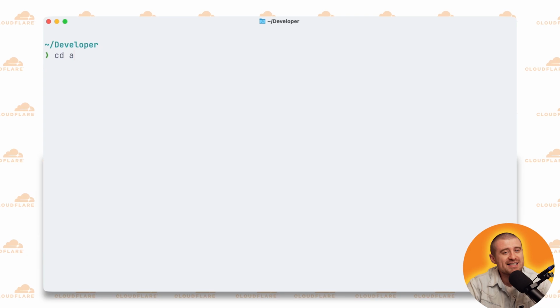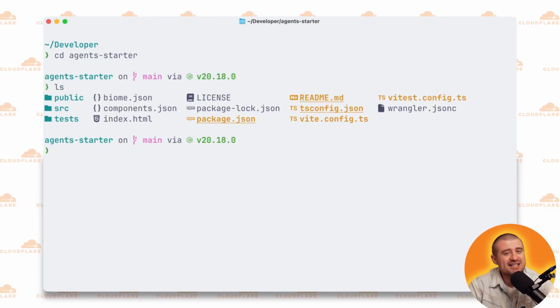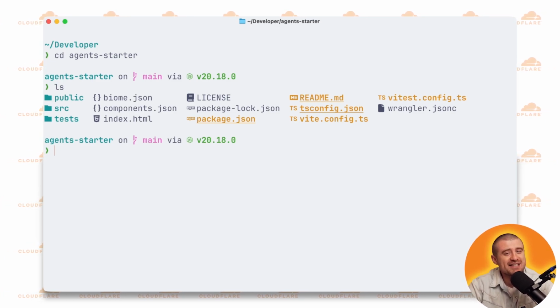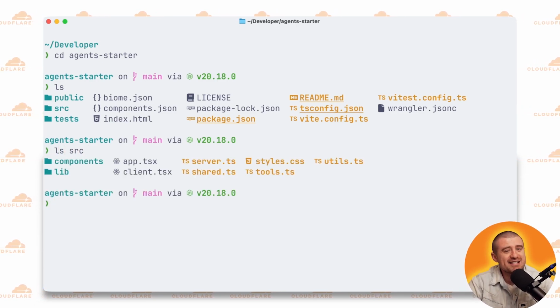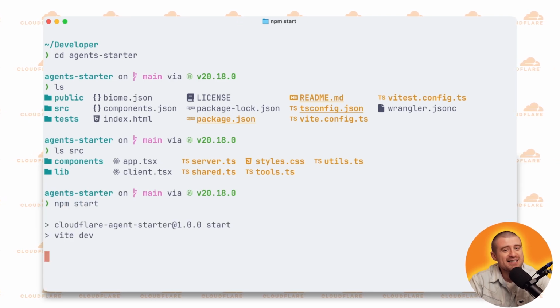Now that we've done that, let's go ahead and look inside of the agents-starter directory. So we have this public folder and index.html, which represent the client-facing front end of this application, as well as the source directory, which if we take a look in here, there's all sorts of interesting stuff going on for rendering a server-rendered React application directly on Cloudflare's network. There are a lot of interesting things going on in the starter, and you can of course check it out in greater detail. But for now, let's go ahead and run this locally and see what we can see inside